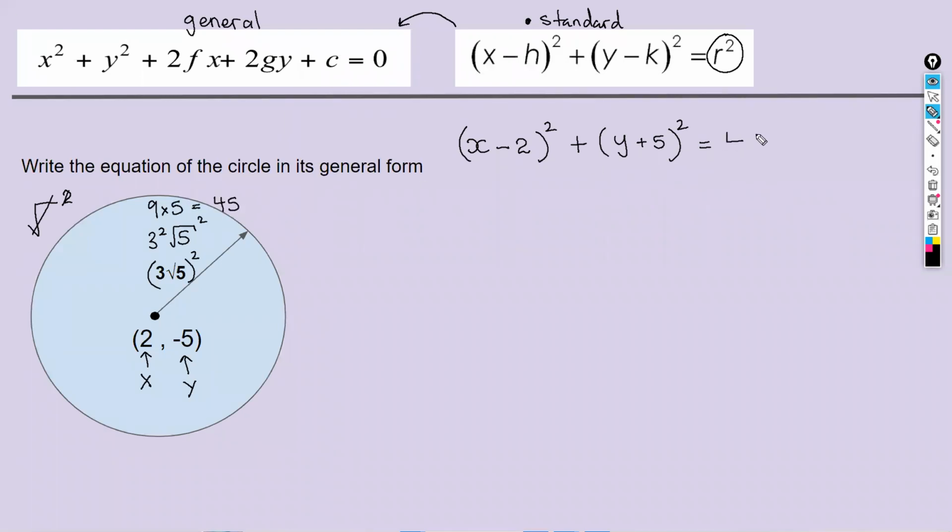How many people had the 45 in this position? Like you got exactly 45 and it didn't fall for any tricks. That there is the standard equation. Right, but we're not finished because we're looking at the general equation. From there,